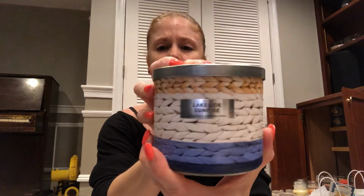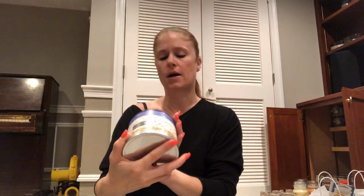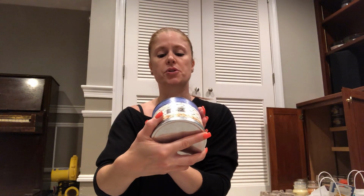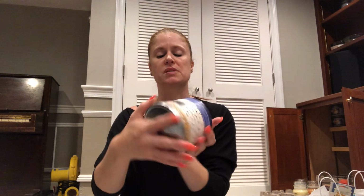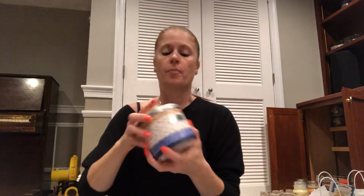I just got this one too, the Lakeside Sunrise. Really cute, looks like a little sweater. It says sparkling bergamot, pristine blue water, sugared citrus, creamy sandalwood with essential oils. I don't know how to describe this one. I mean, I guess I just did. But it reminds me of